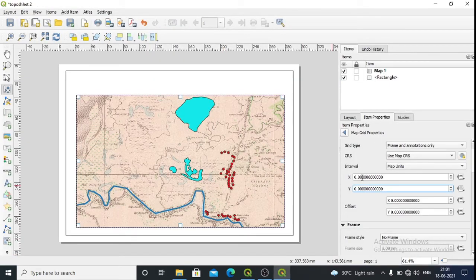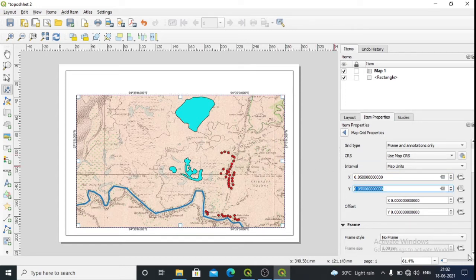So therefore what I will do, I will change this one only. Let me give it as 5 minutes. This one also let me give as 5 minutes. Then click on OK. So we can see this one. You can also change it, like if you want 3 minutes you can change it to 3 minutes, and this way you can change it. Okay, it's better I will give 5 minutes.